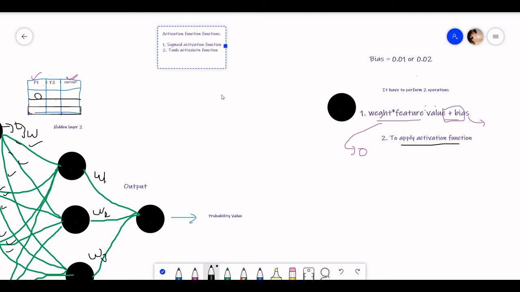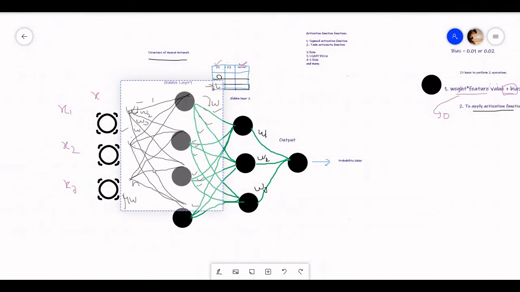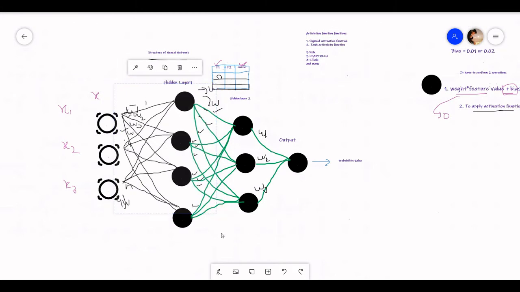We also have ReLU, leaky ReLU, eReLU, and many others, which we will talk about at a later stage. Let's talk about one more example.